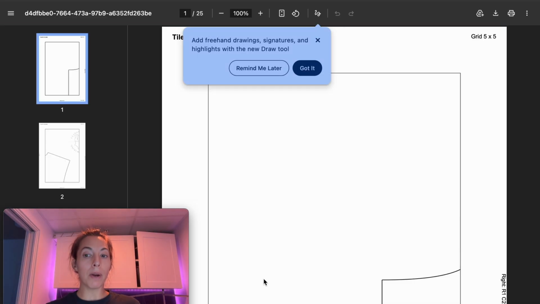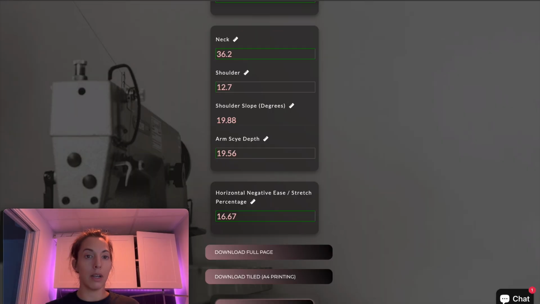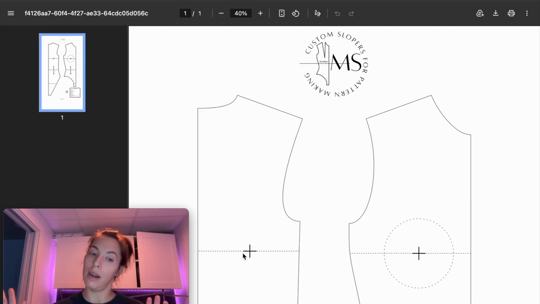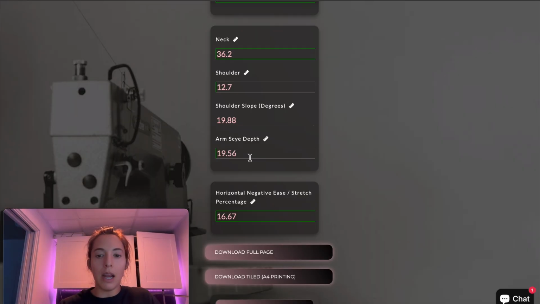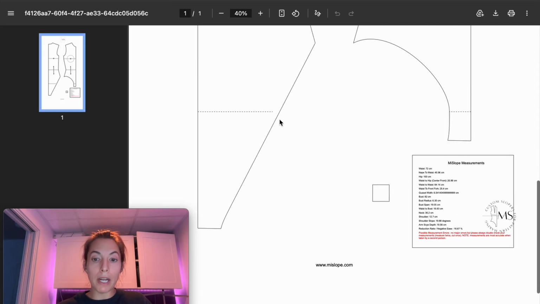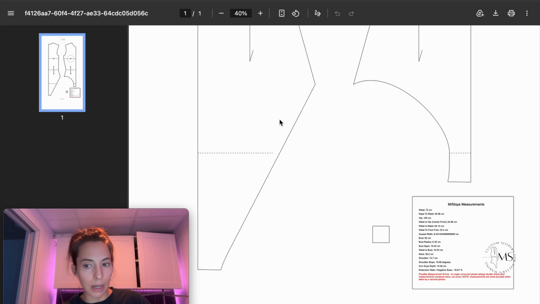So I recommend that you open both in the browser. If you're in Google Chrome, it will open in a browser. If you're in Safari, I believe it just downloads, so it doesn't open in the browser, which is kind of annoying, but I recommend using Google Chrome. Yes. So what I recommend is download the full page. So open to see what your full page looks like, and download and save it anyway, so you have it